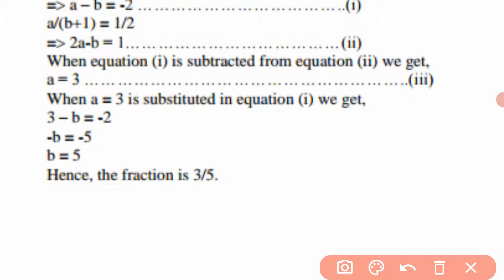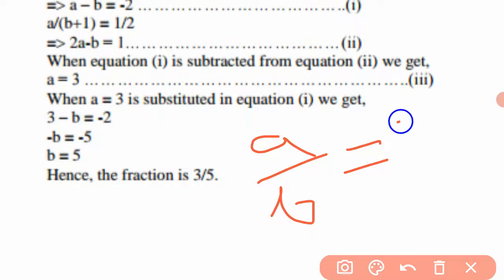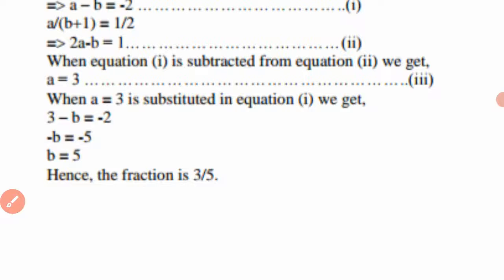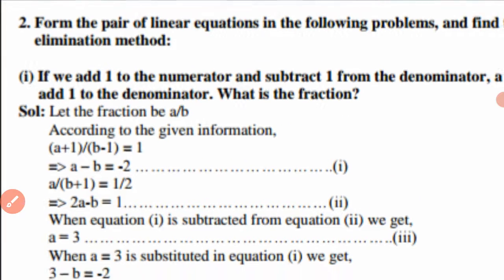Now the fraction was a upon b, so a upon b will be equal to 3 upon 5. So 3 upon 5 will be the fraction. So this will be the answer. Now after this, see its next part. So in the next part we have given,